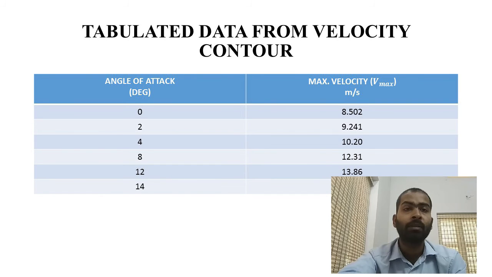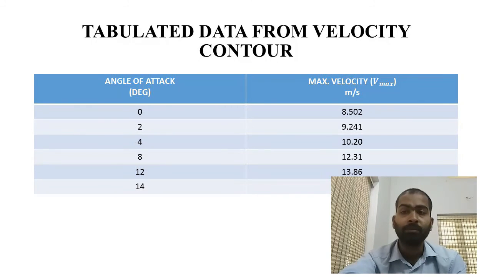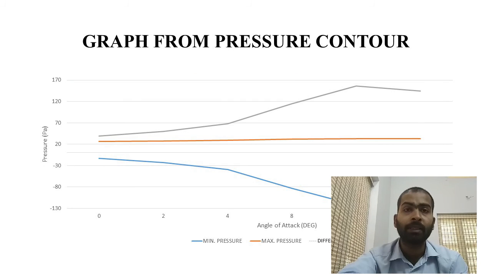Next, the tabulated data of the velocity contour: angle of attack in degrees, and the maximum velocity in meters per second. It is given from 0 to 14 degrees of angle of attack. Corresponding values of velocity are 8.502 to 13.32 meters per second. After the tabulated data, we have converted it into a graph in which at the x-axis the angle of